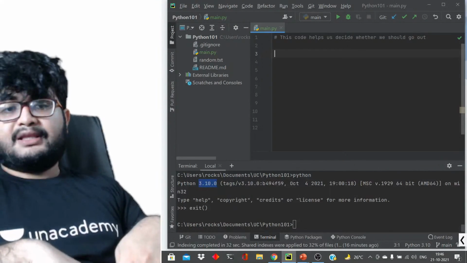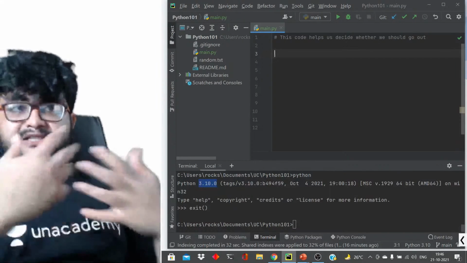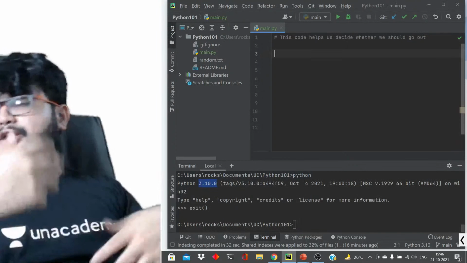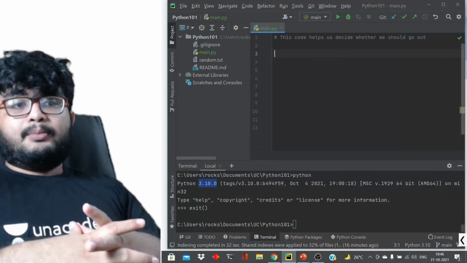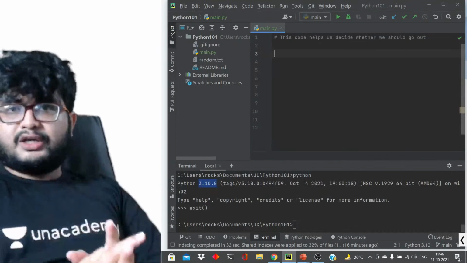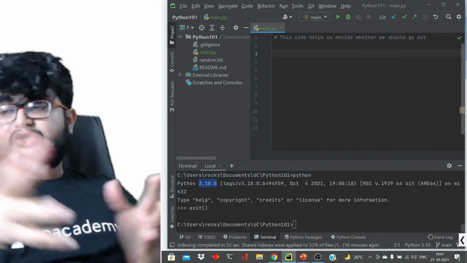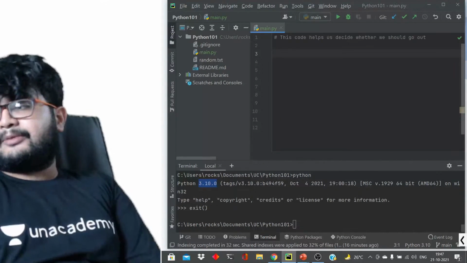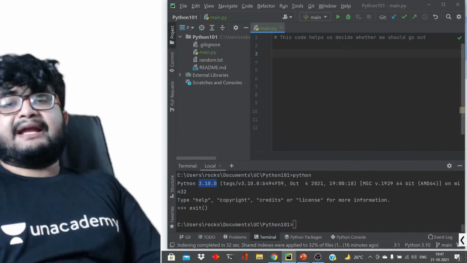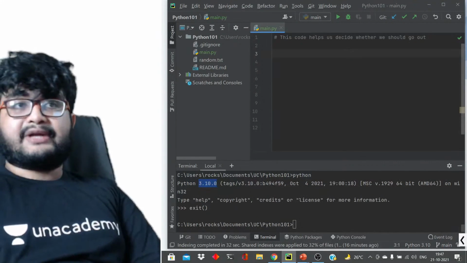So yes, and also there are many DSA classes you can go through. I'll also be taking a few DSA classes. Most likely I'll be teaching dynamic programming this Saturday. I'm not sure, but most likely. So you can join in if you are facing problems with dynamic programming. But yes, you can look into other classes on DSA as well.